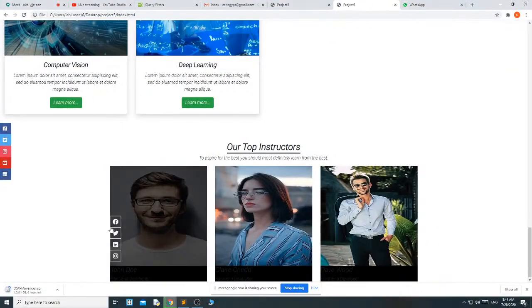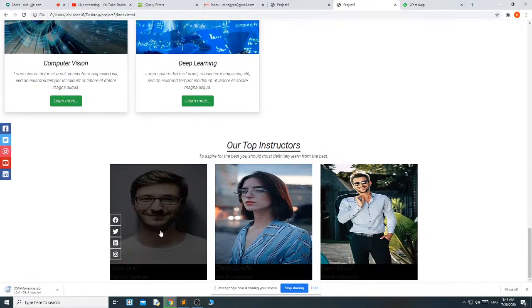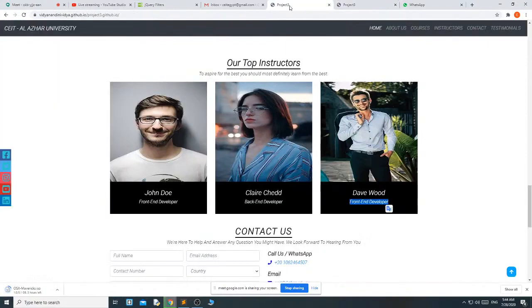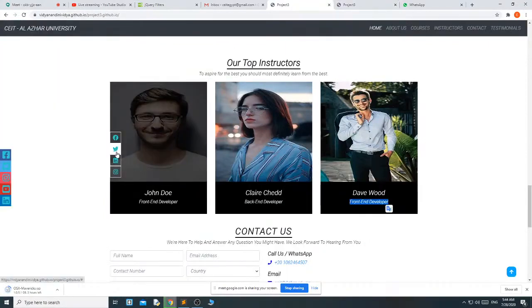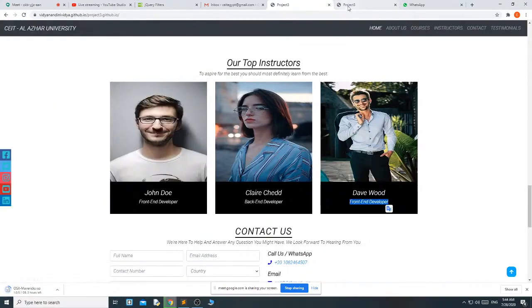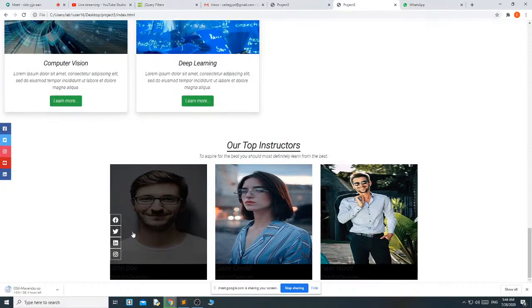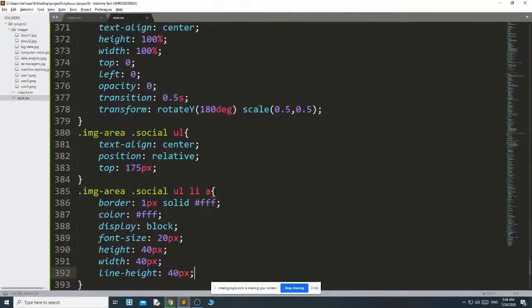You got it from here. Now what I want is, when I mouse hover on this, the color will get changed. Okay, the social icon color also gets changed here.